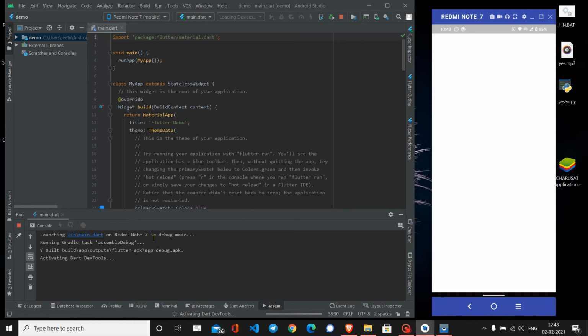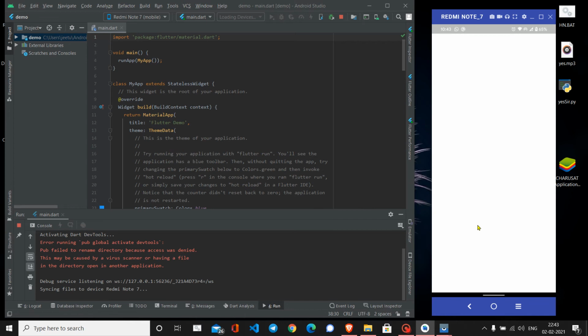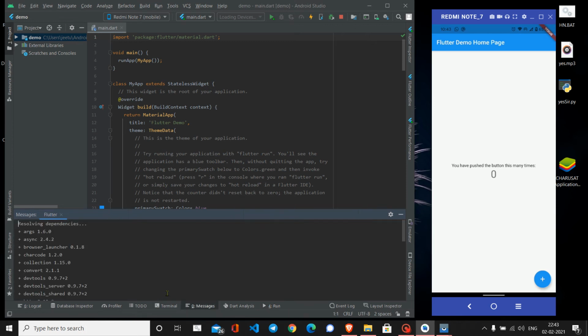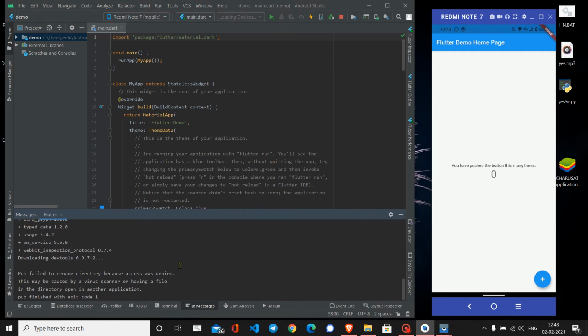All the changes happening on my Android device, you'll be able to see over here. And it is just syncing the files. Kindly just ignore this error for now. And yes, we are good to go.